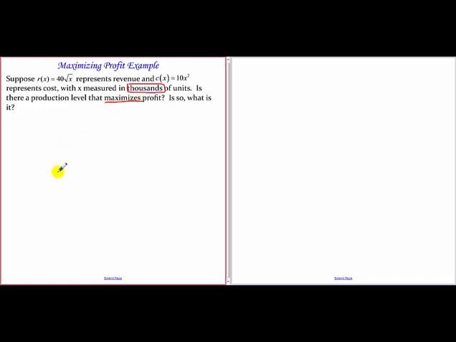Remember, we find our maximum profit when we set the derivative of our revenue equal to the derivative of the cost. So what is the derivative of revenue? That's going to be 20x to the negative 1/2. The derivative of cost is going to be equal to